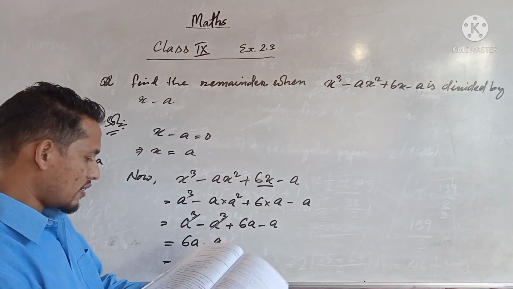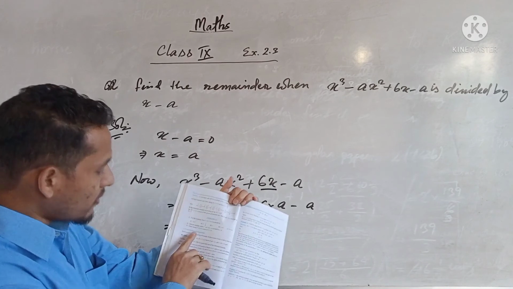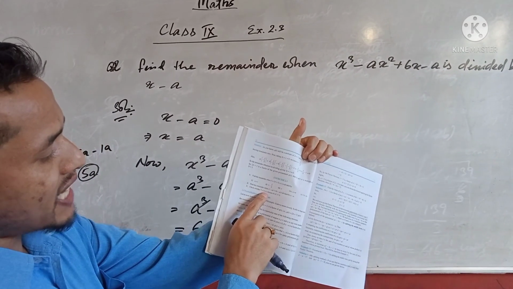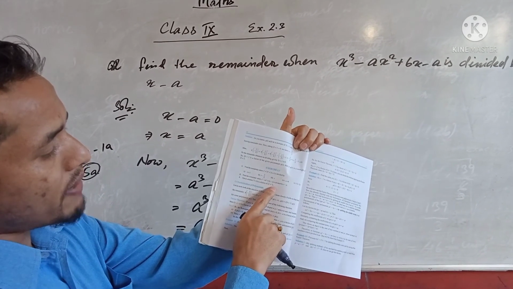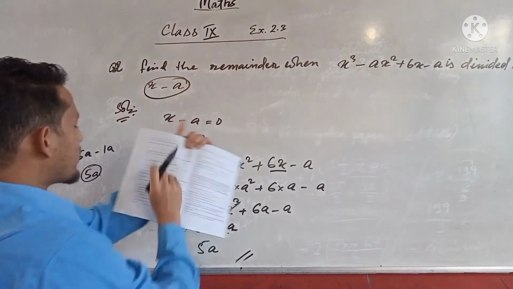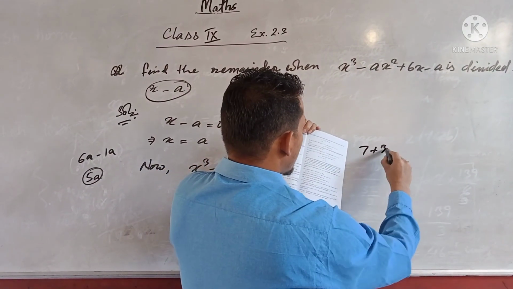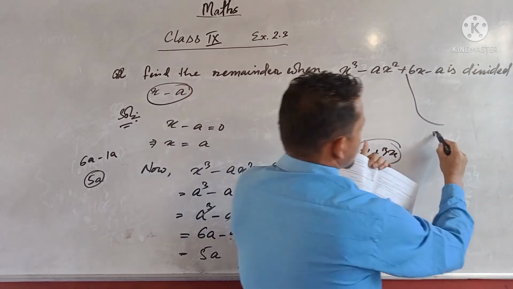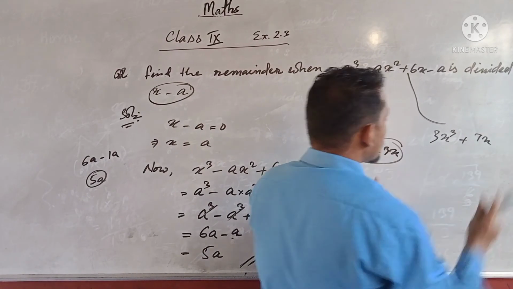Then question number 3. I will be just explaining it, and you will be doing this question. Your question is: say whether 7 plus 3x is a factor of 3x cube plus 7x or not. So what it will become? Instead of this, it will come 7 plus 3x. Then instead of this one, it will come 3x cube plus 7x.